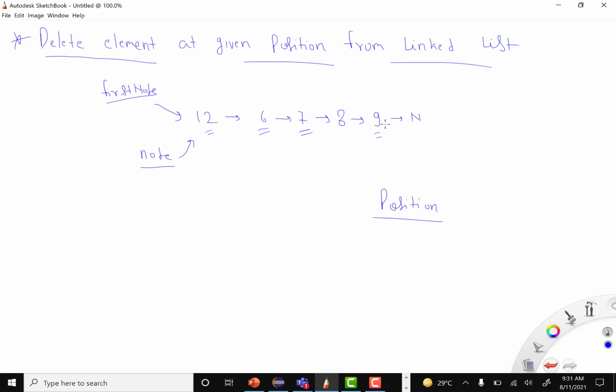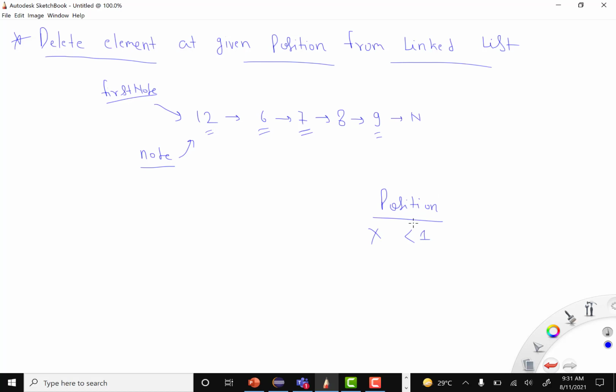The position cannot be less than 1, because if the position is 0, it doesn't make sense to delete an element from the 0th position, as there is no position zero. There is a first position.